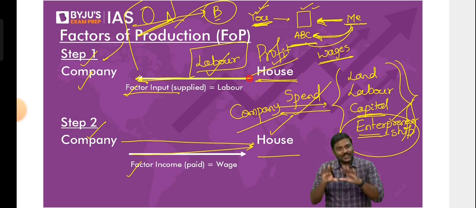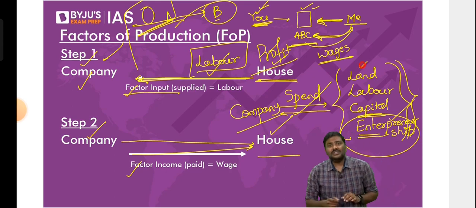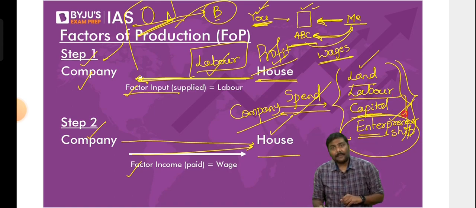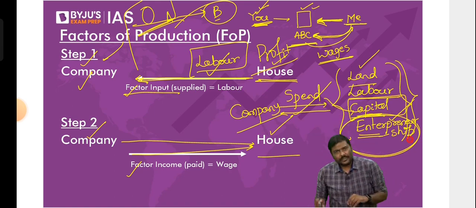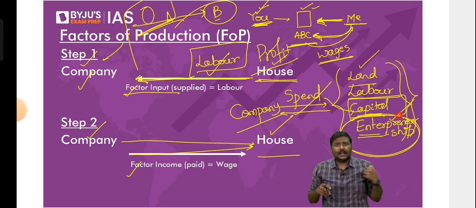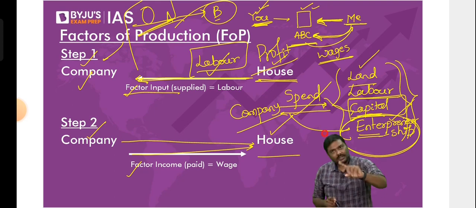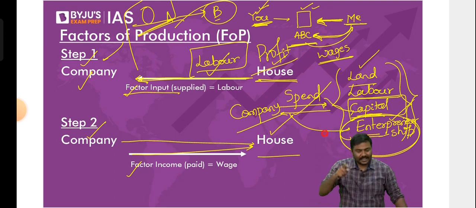You want profits. So is it okay if I say this? If the company uses a factor of production such as land, company has to pay money. If they use labor, company has to pay money. If they use capital such as machinery, company has to pay money. And when they are using the money or the services of the owner of the company, when the owner is taking so much risk, company has to pay a certain amount of money to the owner also. That is entrepreneur. We will put all of this in a consolidated form like this.